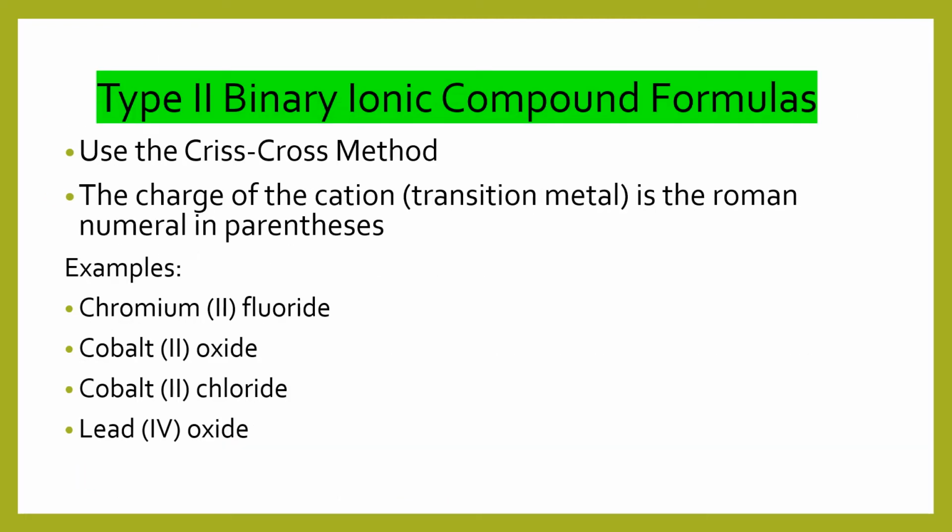All right, let's talk about writing binary ionic type 2 formulas. We're going to use the crisscross method again. Okay, so you've already used that. You know how that works. We're going to show our work, then we're going to write our formula. The charge of the cation, which is your transition metal, your positive metal, is the Roman numeral that is in parentheses. So, for example, right here,